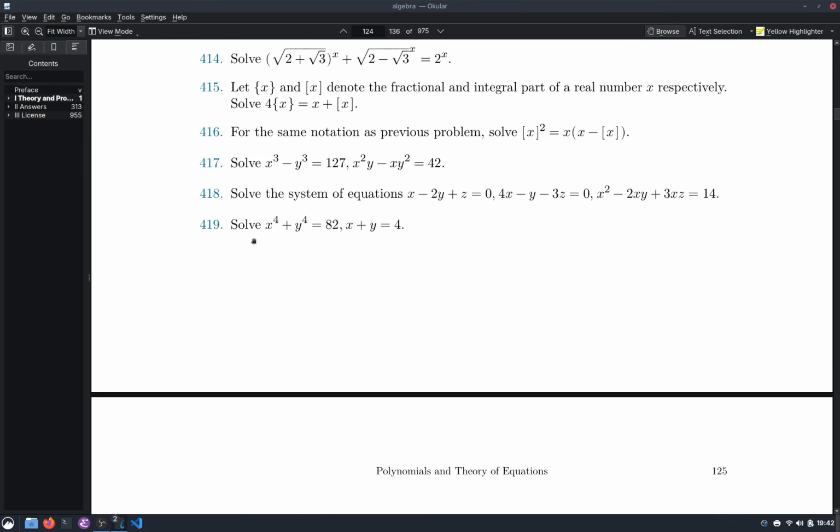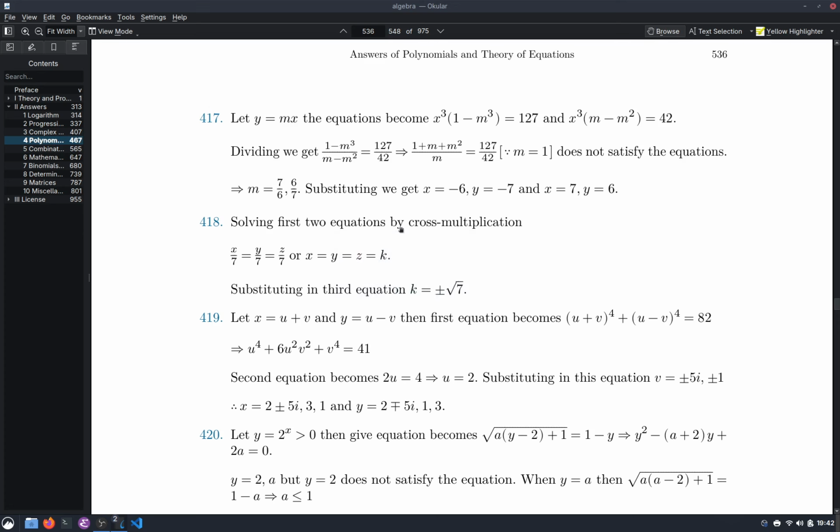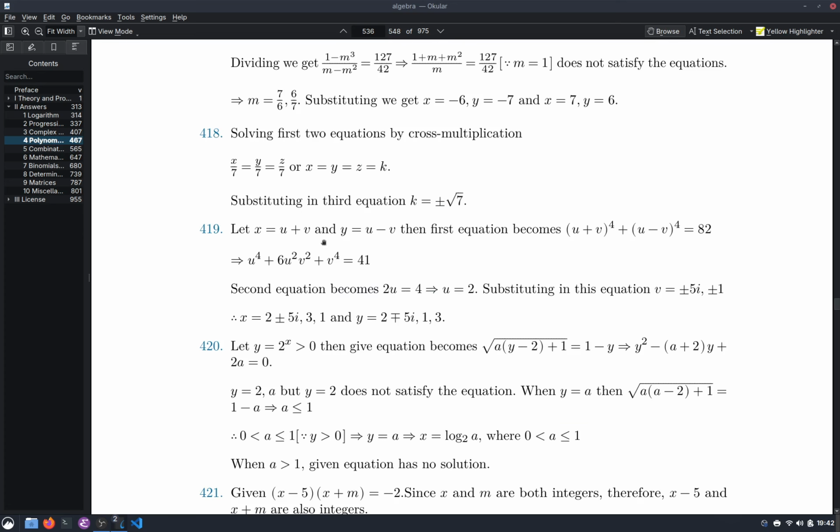Question 419 says that solve x to the power 4 plus y to the power 4 is equal to 82 and x plus y is equal to 4. So we have got two equations, two unknowns. So what we do is very simple. We plug it